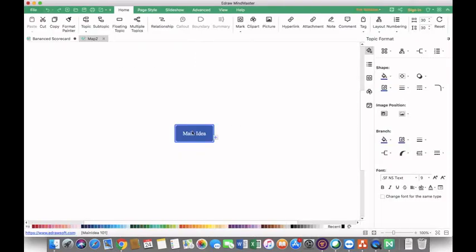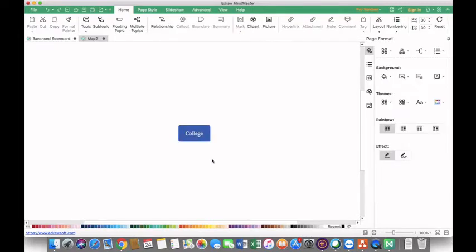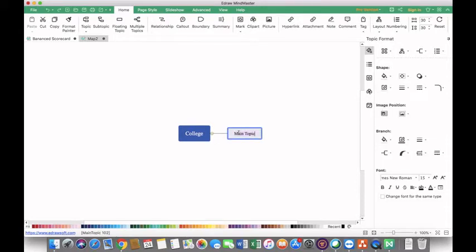So now the first thing it will ask is, what is your main idea, on which topic you want to prepare this mind map. So my main idea is related to the college. Okay, now this is my main idea. Now the college is surrounded by three different types of people. First is the principal of our college.